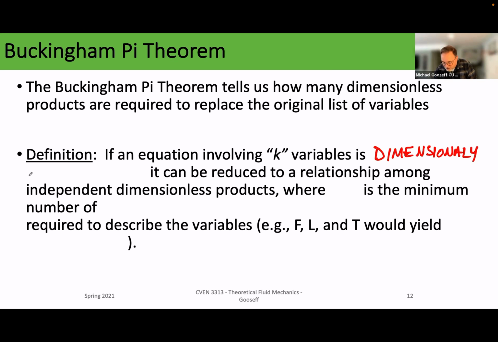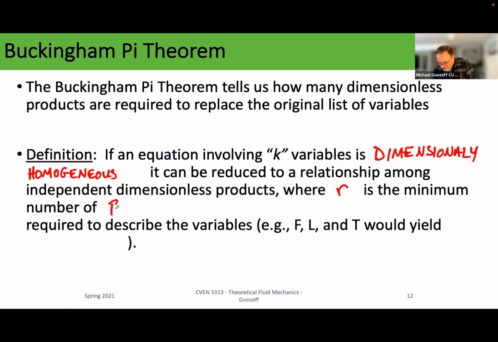Dimensionally homogeneous means essentially that we can put them together and know that they balance out to get non-dimensionality. If it can be reduced to a relationship among independent dimensionless products, where R is the minimum number of